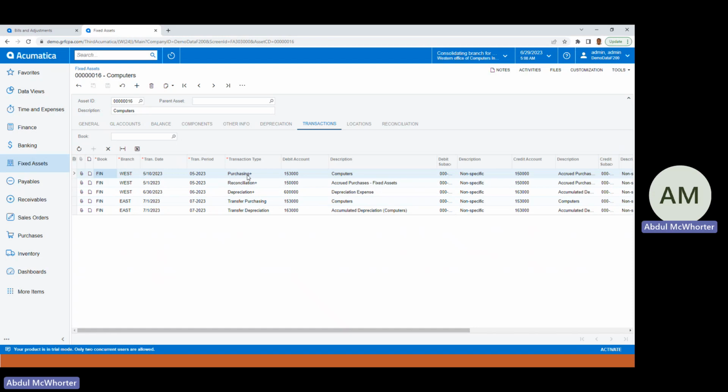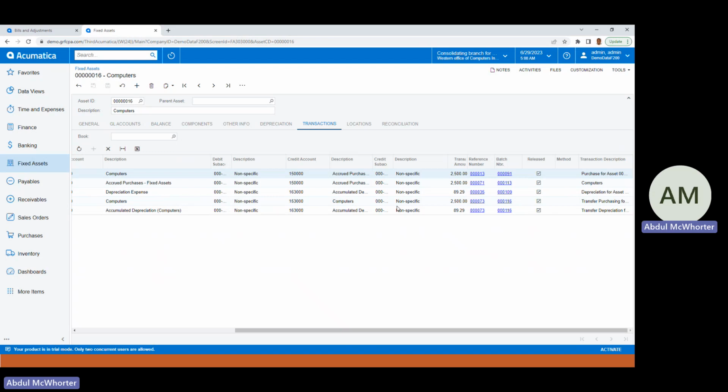And here you would see the purchase plus reconciliation plus transactions when the fixed asset was purchased and converted and reconciled to a fixed asset. Also, we see the depreciation plus transaction that took place when the accumulated depreciation for transaction period 6/20/23 took place. And let's just scroll over some. And under reference number, we can take a look at the actual